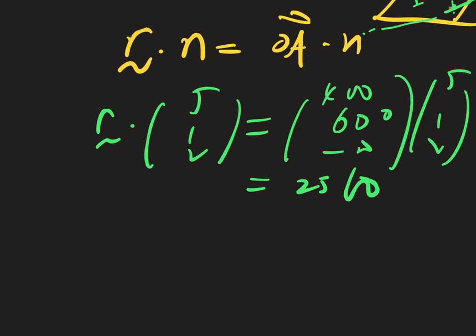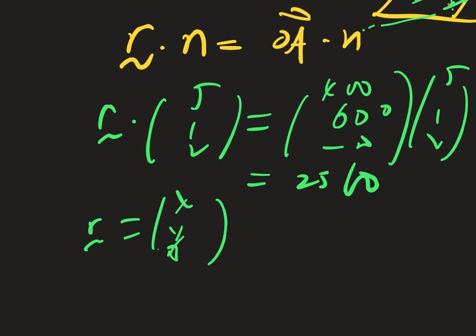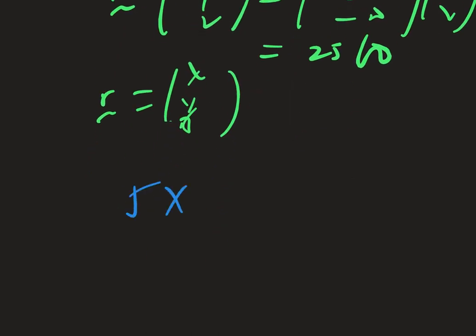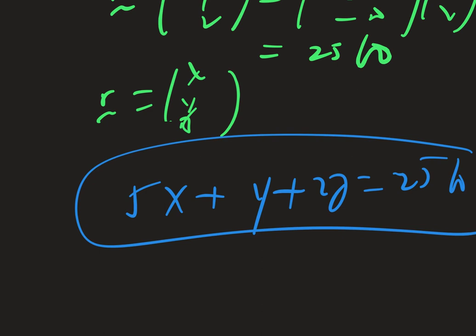Already, we know the R vector is xyz. So we need to dot it, and it becomes 5x plus 1y plus 2z equals 2560. So easy peasy. And this is 4 marks. Correct. The other question, question C: find the coordinates of the point where the pipeline meets the